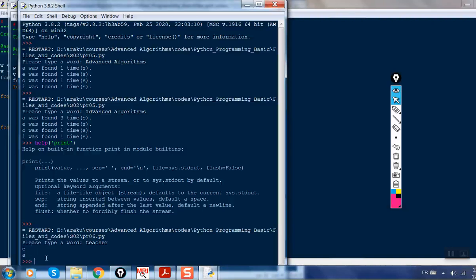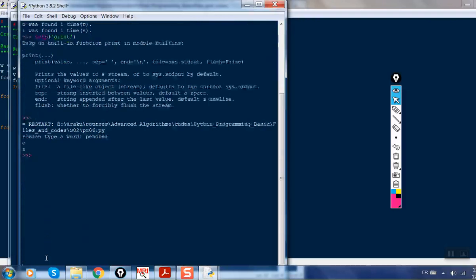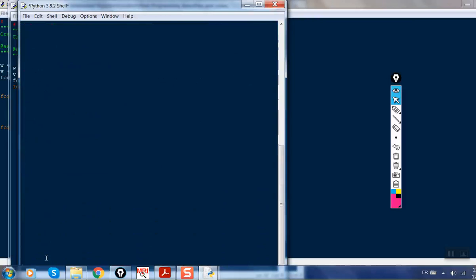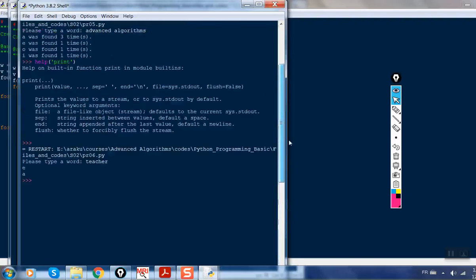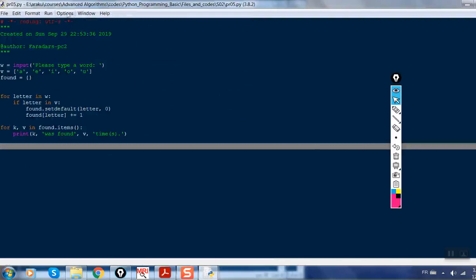E and A. And for a longer shell, you can press Ctrl with J. In this way, you have a new line. You can extend the shell. Okay. Again,